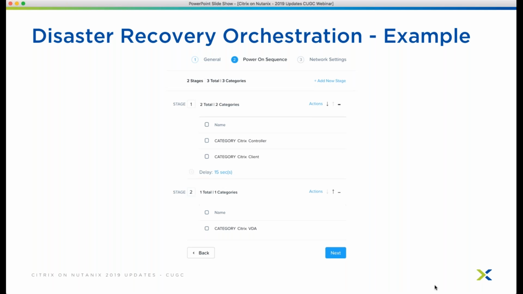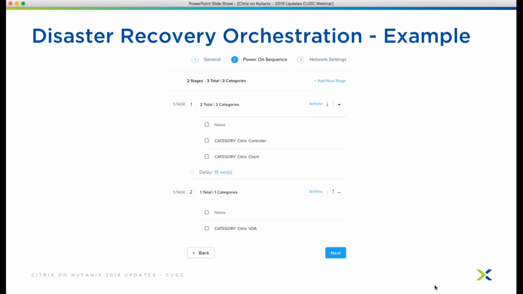So you see my first one is my infrastructure layer is getting started, and my test client is getting started. I can put a delay in there to give it time to make sure that the services are started up. And then once that's done, it waits and then it brings my VDAs up. So if those were persistent desktops, my infrastructure will be up and waiting, ready to connect to the controllers and register with them and not have to reboot them in case I brought things up in the wrong order. And from a MCS or a PVS master image standpoint, I can bring those VMs up too,